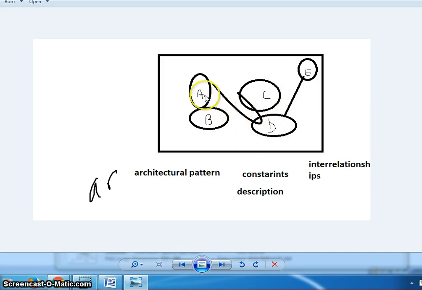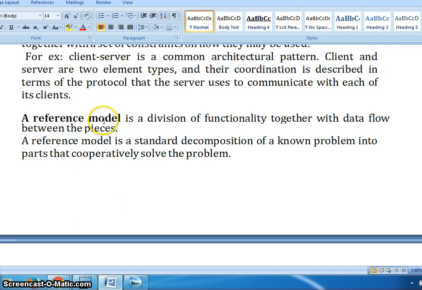And how the data is transferred, how the data flows from this element to that element, A to B or A to C or A to D, like this. The data transition between different elements is explained by the model called reference model. It is just a division of functionality together with how the data flows between the pieces.